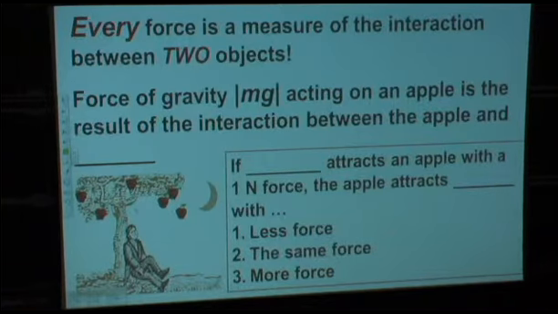But the apple, in turn, attracts the earth. So this is the apple, this is the earth. A huge object attracting a small object, and there is another small object attracting the huge object. So